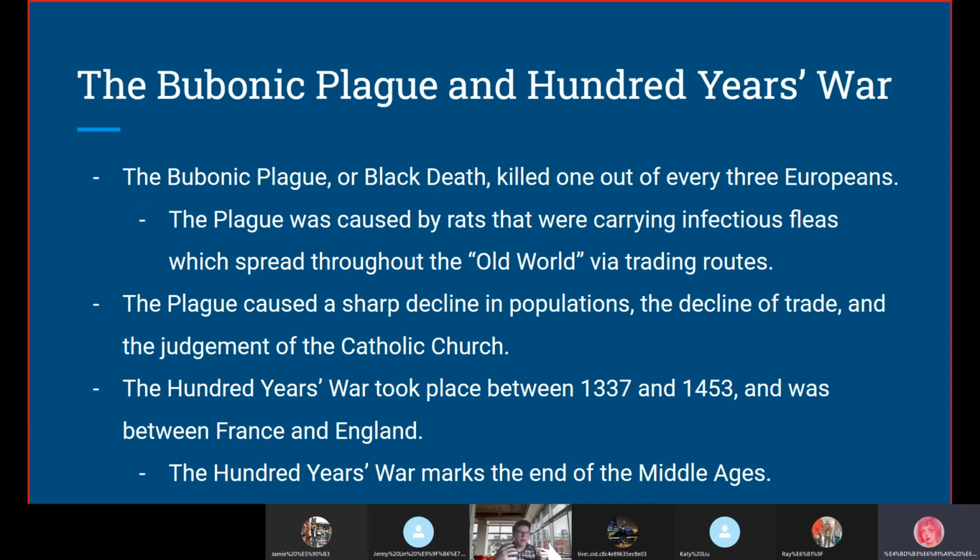And one of the last effects, so there were five main effects that I talked about. The Catholic Church, which was extremely influential during this time, would actually lose credibility as the prayers to stop the plague would fail to work, and Catholic priests would start abandoning their duties. This could have been one of the causes of the scientific revolution, where people started really